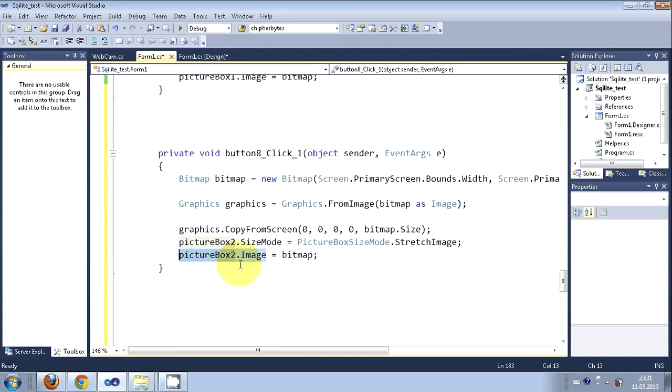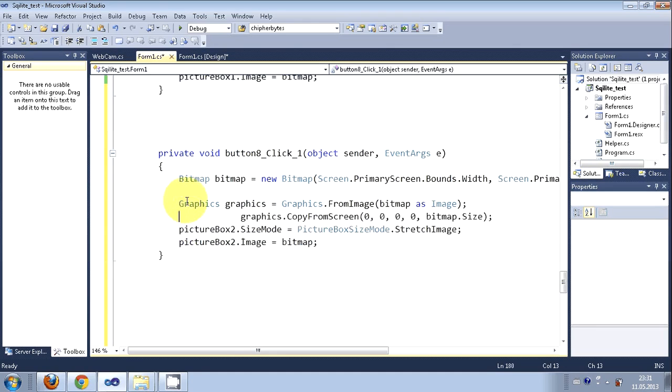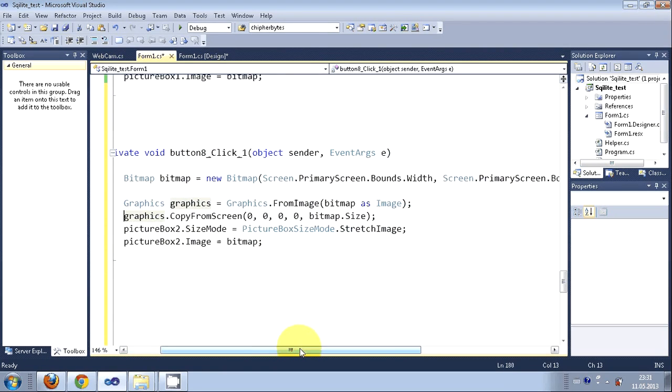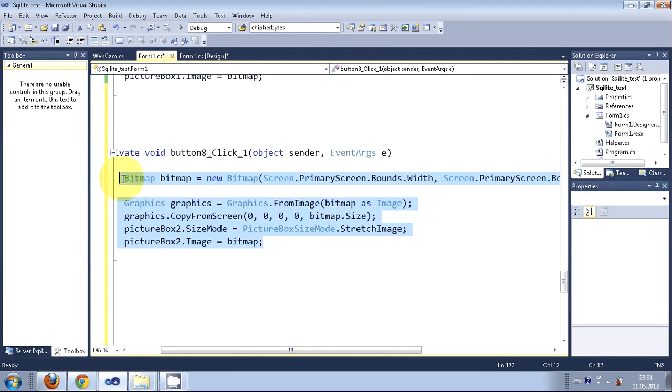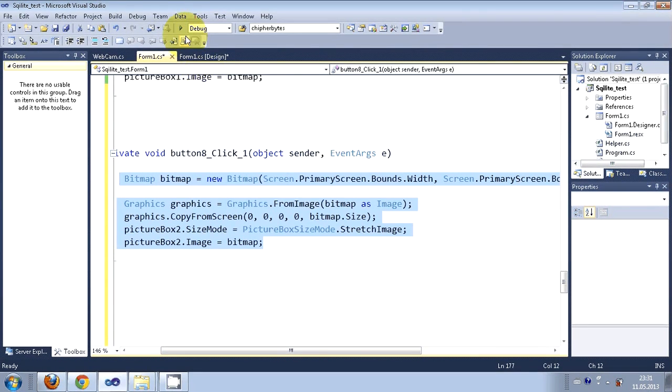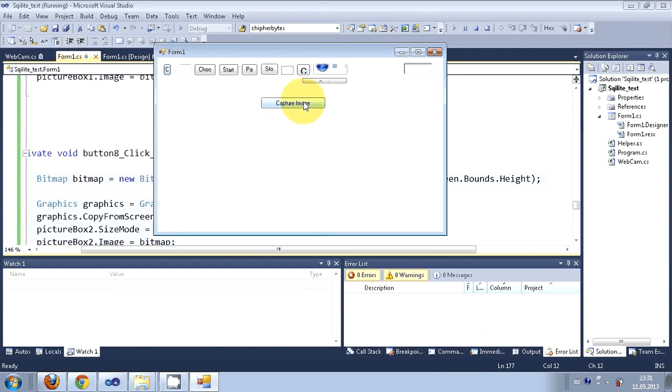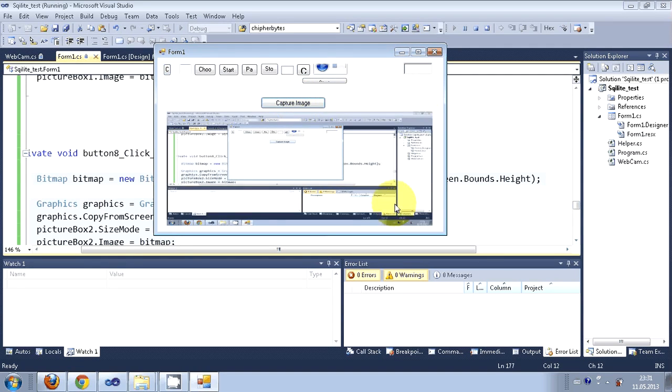So let's see if it works or not. You just need to write this code. If you want to copy, you can just copy this code only. Okay, so let's try and run the program, and when I click this capture image, it is supposed to capture the image and show it in the picture box. So let's see. Yes,